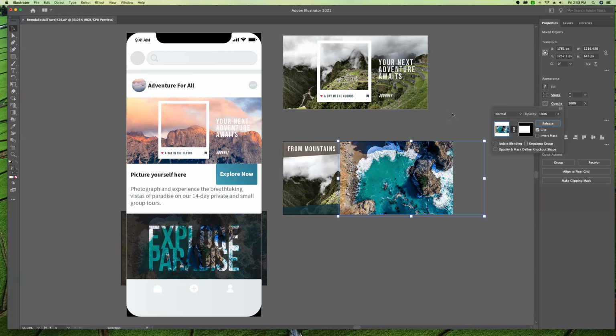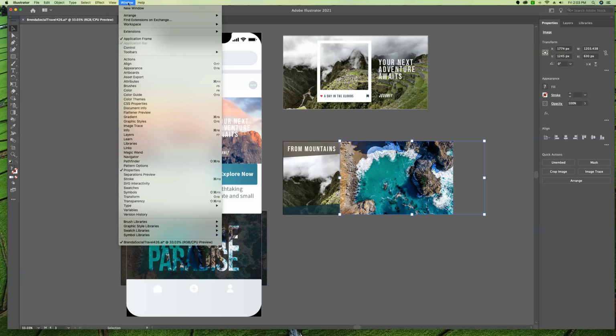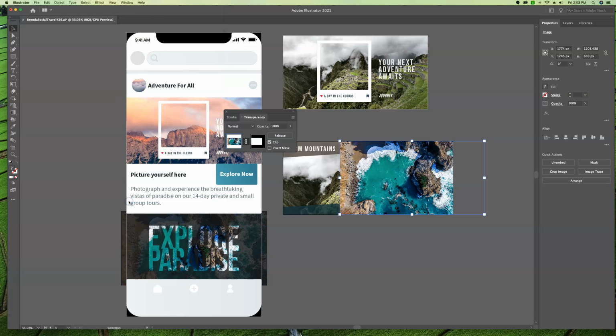What we now want to do is edit this opacity mask. Instead of working with this floating window that popped up from clicking the word opacity, we're actually going to open an entirely new window. So we're going to do Window, Transparency, and that's going to give us a panel. It's going to be easier to see things than if we were working in this version. All right, in this transparency panel,